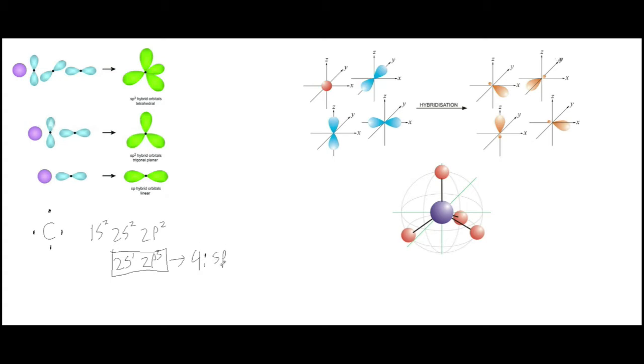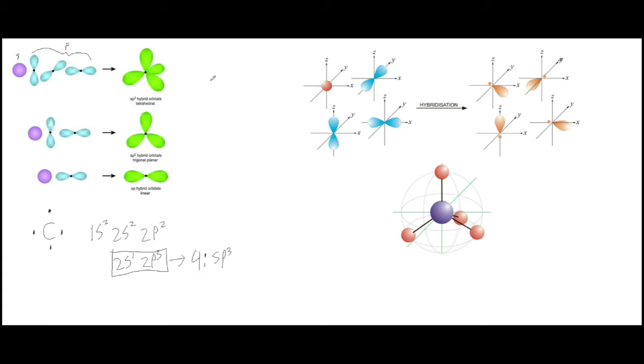Since we have 4 of them and they're made out of 3 p's and 1 s, we write it as s and then p3. That's what this is showing up here: we're taking our s orbital and our 3 p orbitals and turning them into this sp3 hybrid orbital, which is the tetrahedral shape that you see